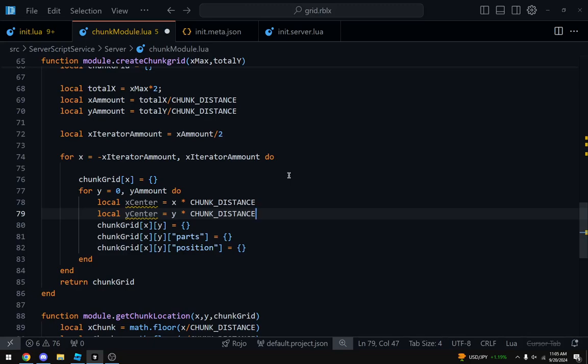So now we need to figure out, because this theoretically is going to give us a part at that exact location. No, oh no. So we have these two values and we want to get the closest part at this position.